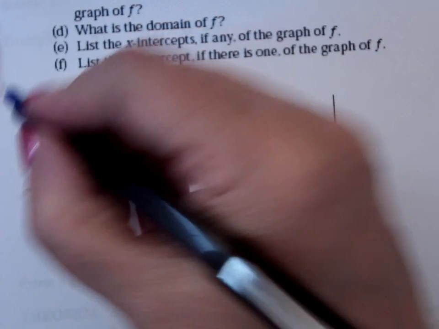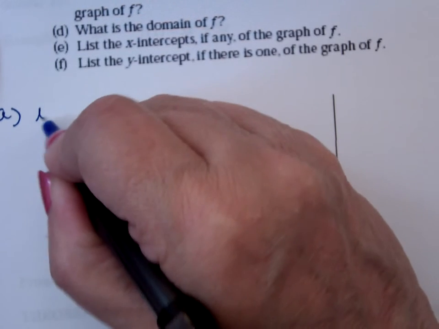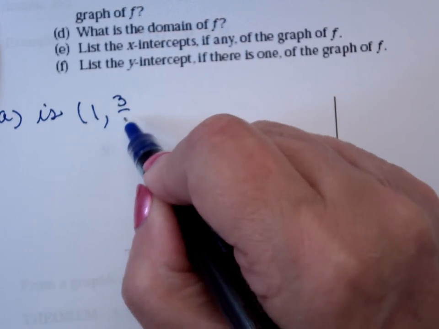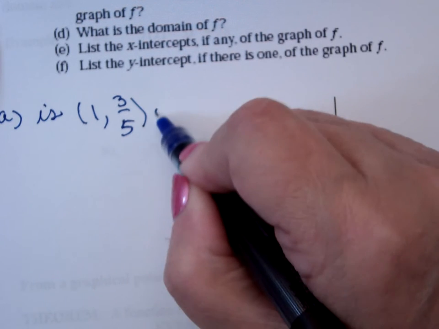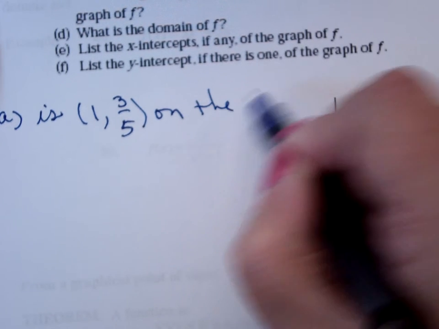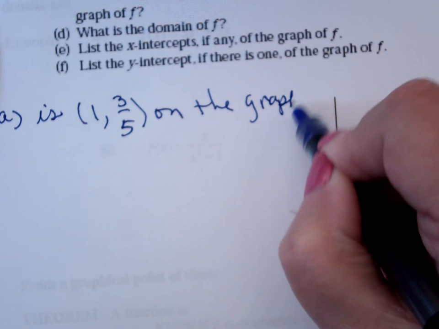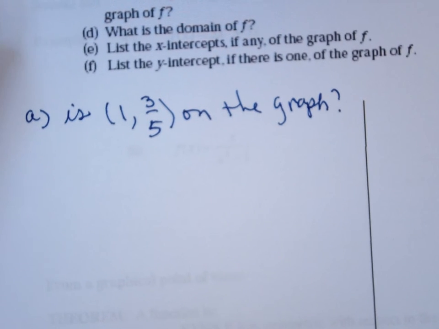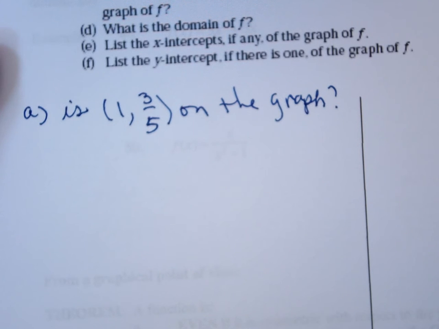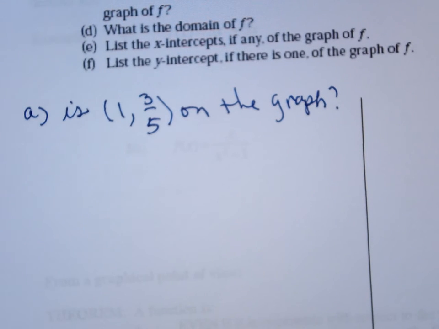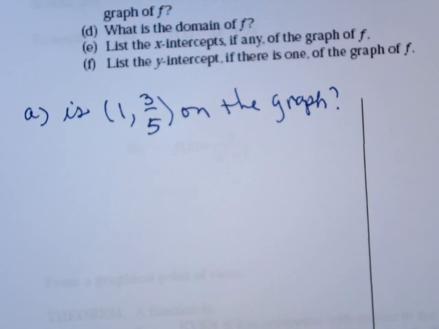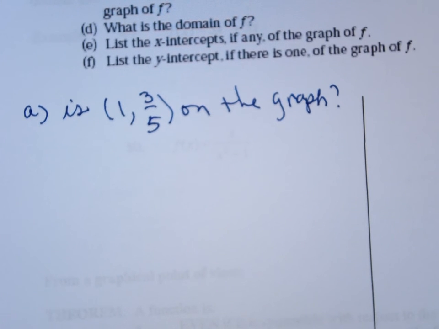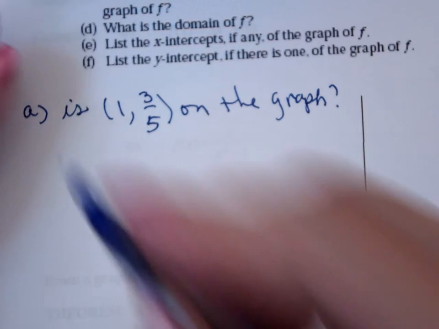It says A, is the point 1, 1/3 on the graph? How would I know if it would be on the graph? Plug in 1, and what should I get? 3/5, right? So this says